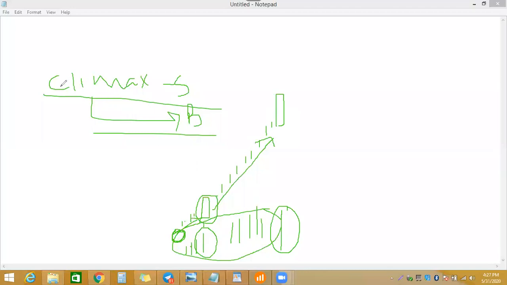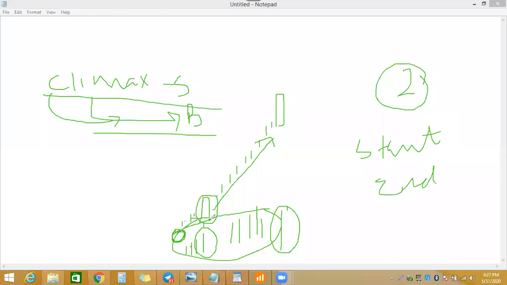So we can say this is the buying climax. The buying climax occurs in the trend 2 times. How many times? 2 times. One time at the start of the trend and the second time at the end of the trend. At the end of the trend, if you find this type of candle, which is bigger than the previous candle, and the volume is also increasing, that is the sign that buyers use their smart money. What do they use? They use their smart money.